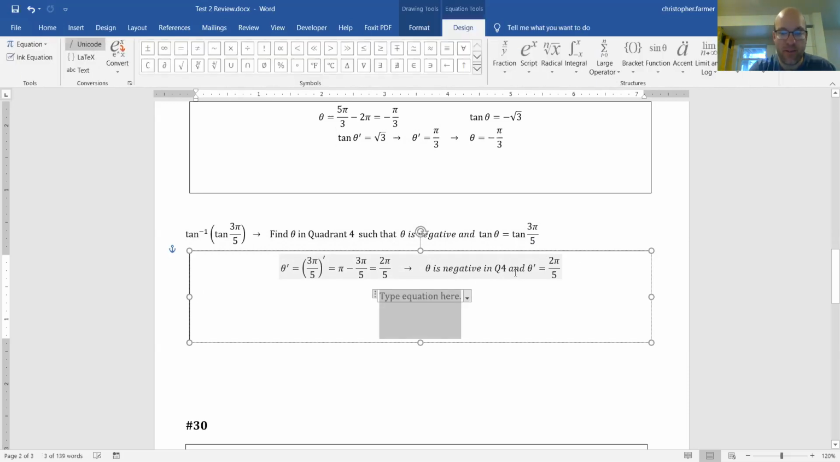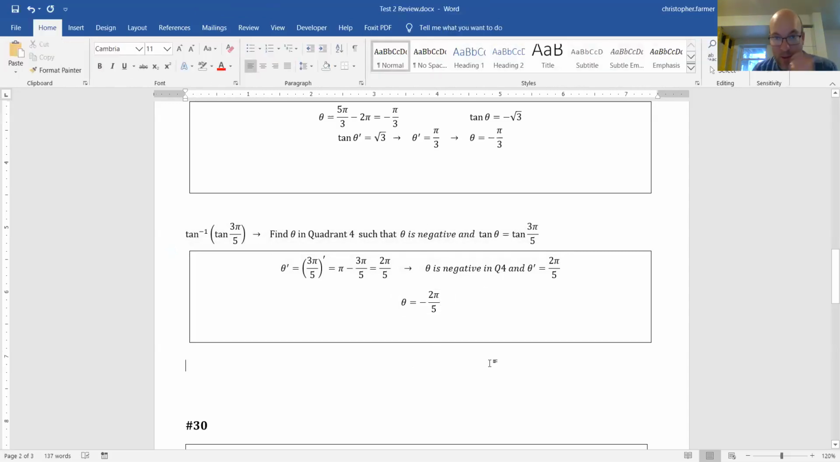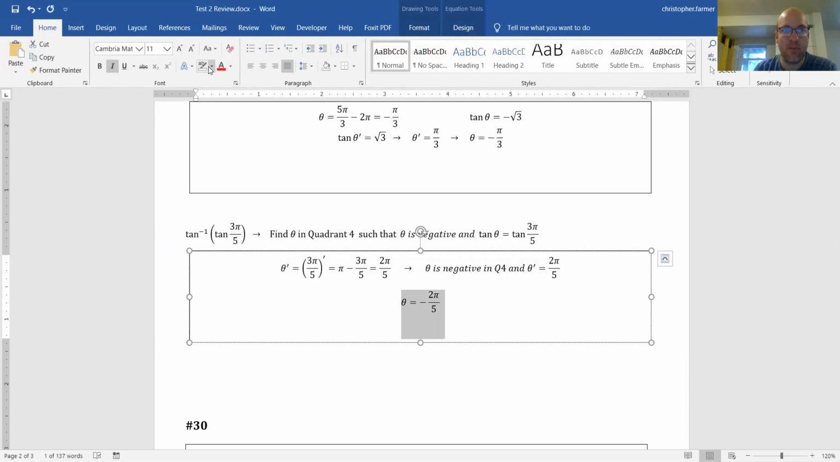Okay, so the final answer here with that last step then is simply that theta is equal to negative 2 pi over 5. And again, I just made that problem up. It's not in MyMathLab, so there's nowhere for me to go type that in. But that would be the final answer for this particular problem. So very similar